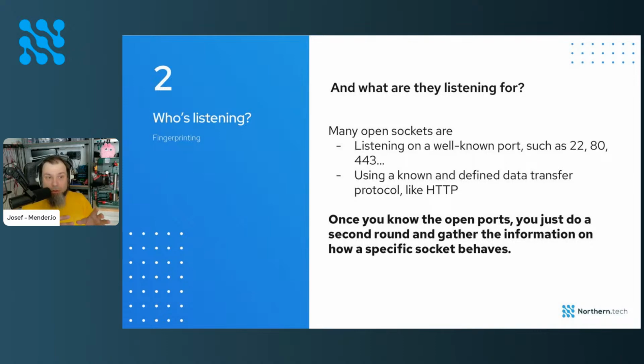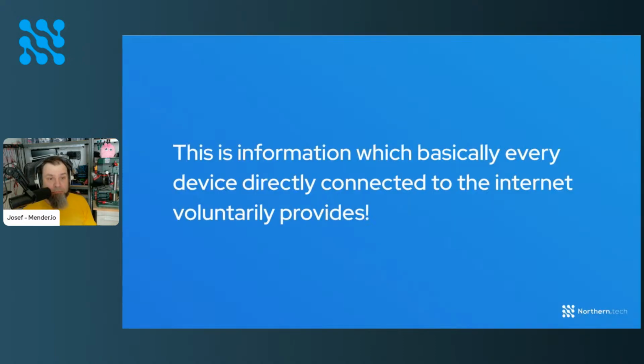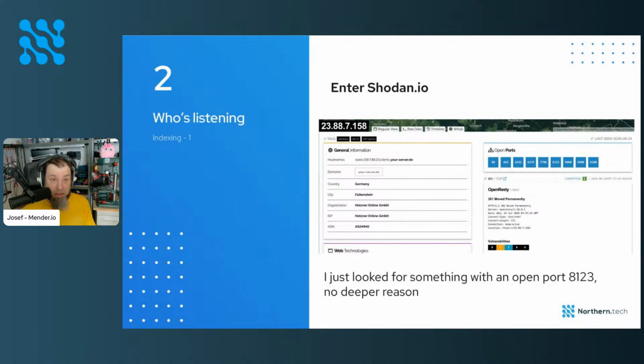So let's put things together. You have a port scan of all of the internet, and you have protocols which give you information automatically. I mean, what could possibly go wrong? Nothing at all, I guess. But